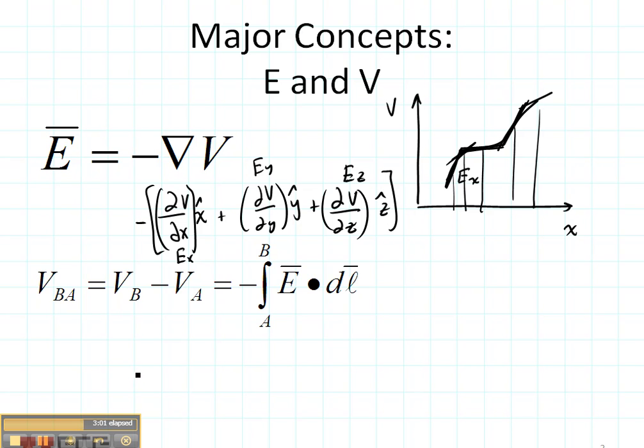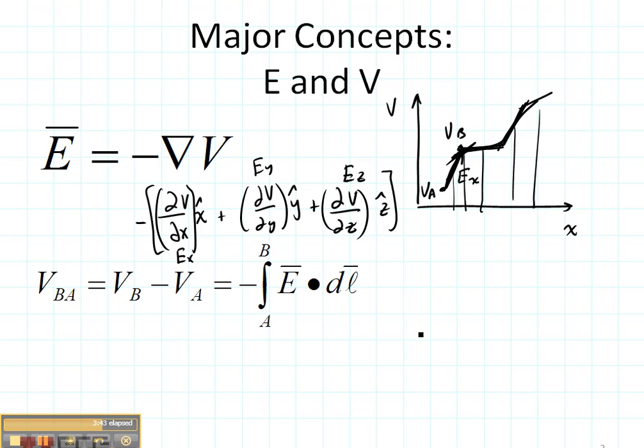Now we also can find the potential from the electric field using essentially the same equation. Here's an equation that tells us how the potential can be calculated from the electric field. What it says is take the electric field and integrate along a line between the two potential points that you are interested in. For instance, let's say that right here we have a VA and right here we have a VB. We are interested in finding the electric field between them. We know it happens to be the slope of that line. So what we're going to do is take the electric field and integrate it along the line between VA and VB. And that's going to give us the potential difference.